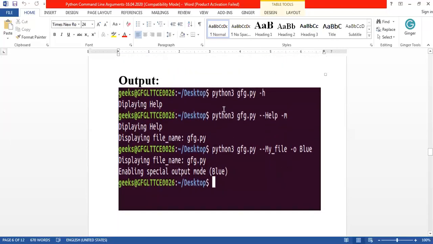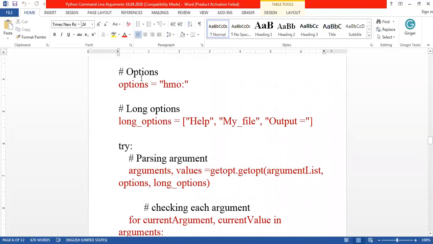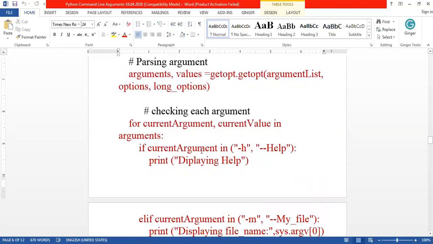For example, here is the command I have given at runtime: python, this is a keyword, then the file name, and then -h. So this is the command I have passed. So -h means your argument options can have h or help.